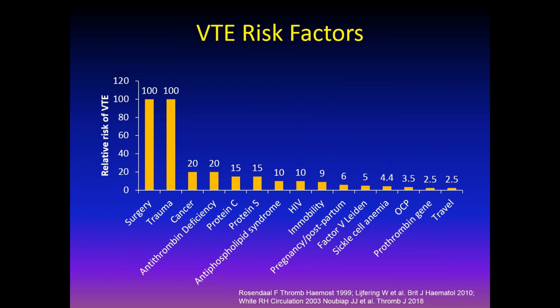This is a graph that I compiled from a number of different publications that have looked at the relative risk of deep vein thrombosis or pulmonary embolism associated with different clinical conditions. As you can see toward the left end of this bar graph, the highest risk factors for DVT-PE are surgery or multi-trauma, severe trauma, that are associated with very high rates of DVT-PE in the absence of any prevention therapy, raising the risk of someone that experiences these to over 100-fold over what is experienced by the baseline general population.